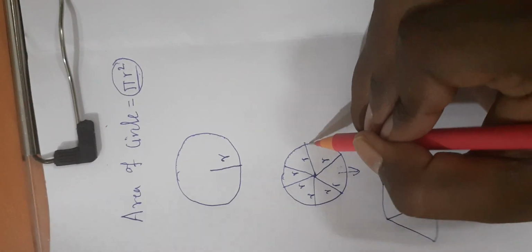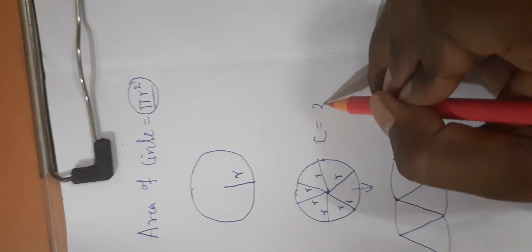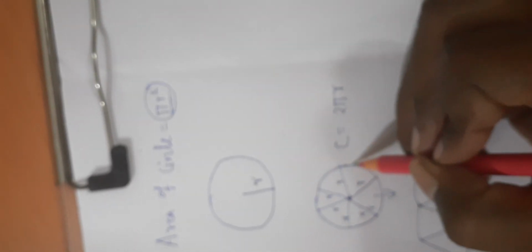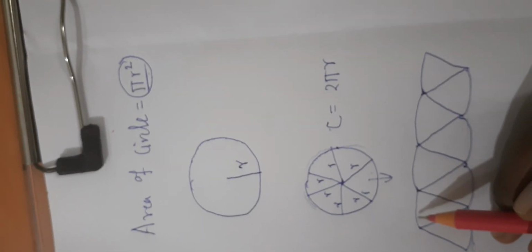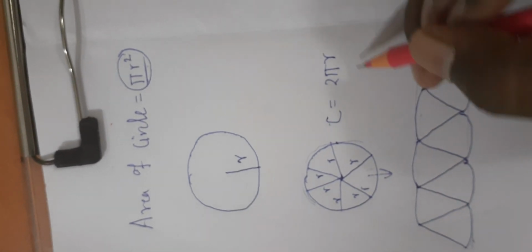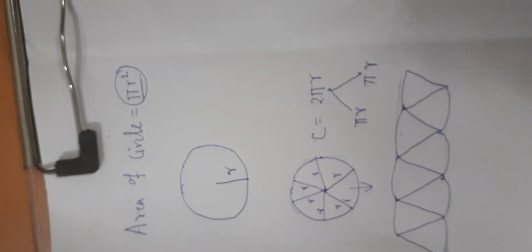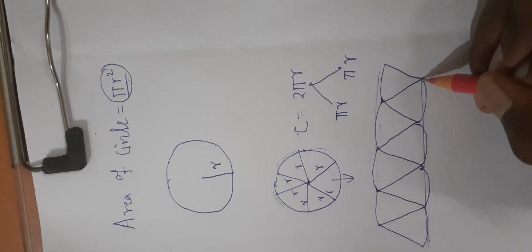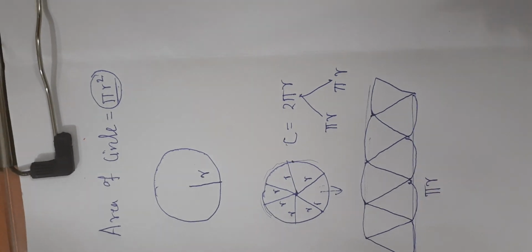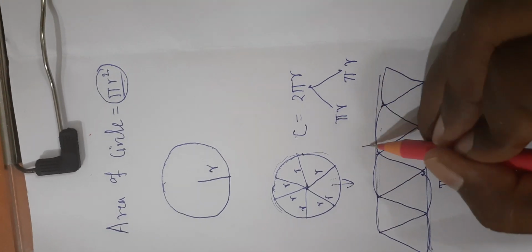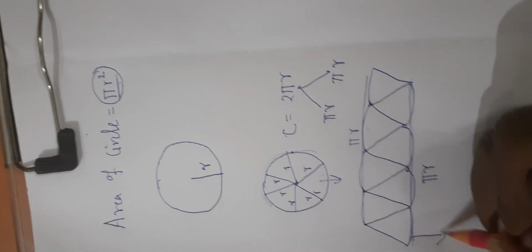We all know that circumference of circle is nothing but 2 pi r, right? And this circumference, if you see, if I put numbering from here, is divided into two parts. First part is this and second part is this. That means this 2 pi r is further split into pi r and pi r, which means this length is pi r, and this length is pi r. This figure we are getting somewhat like